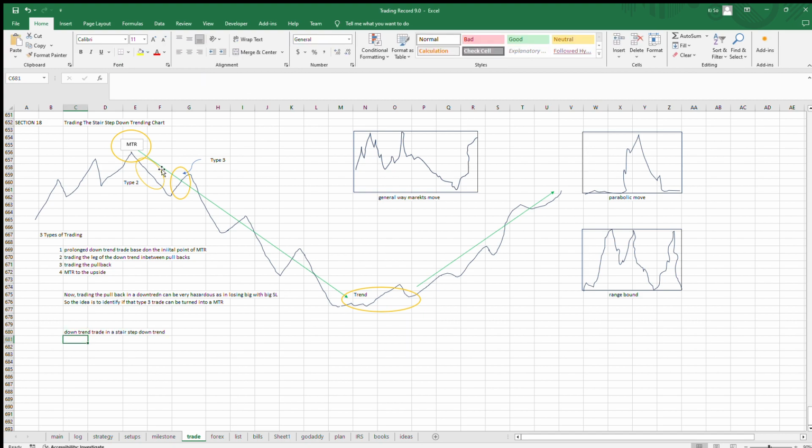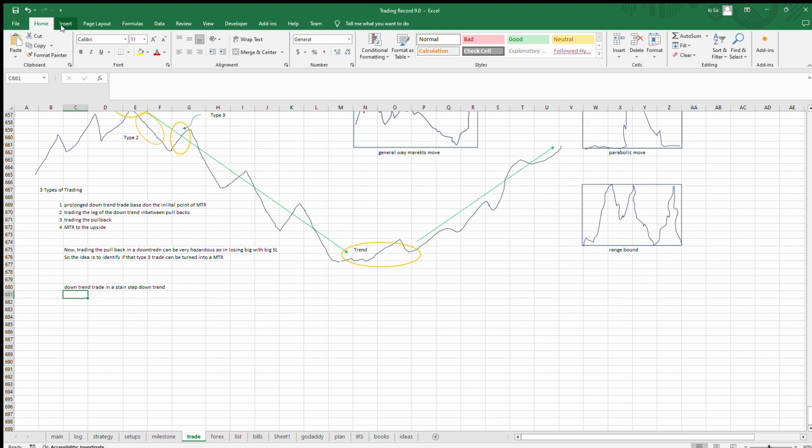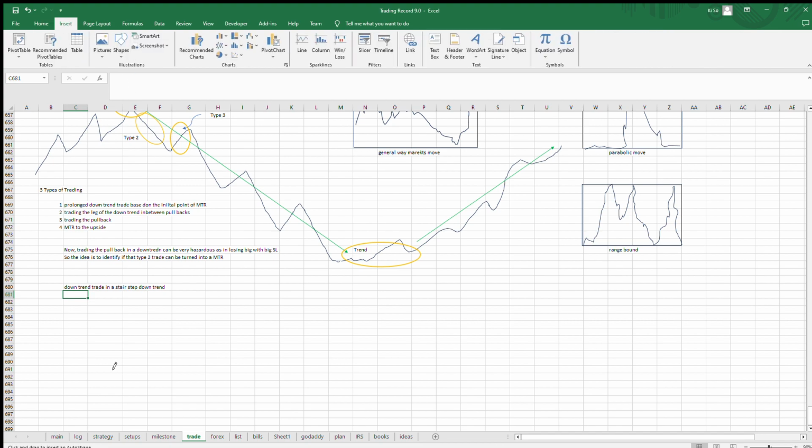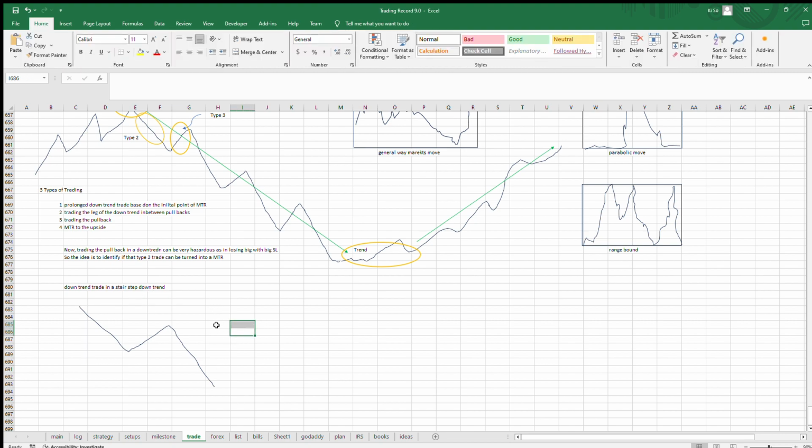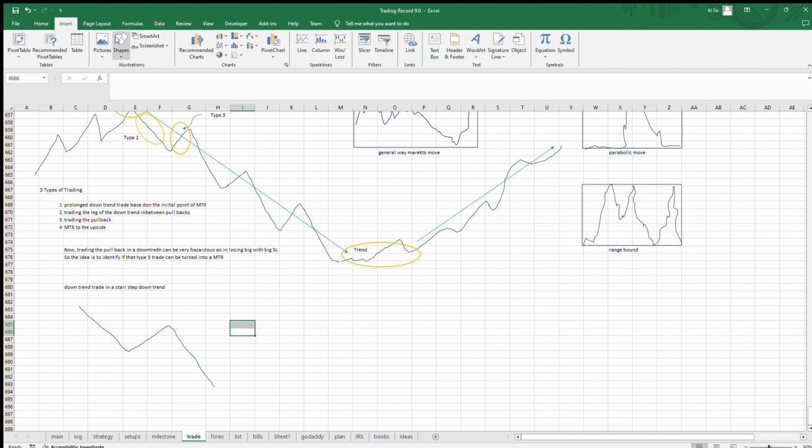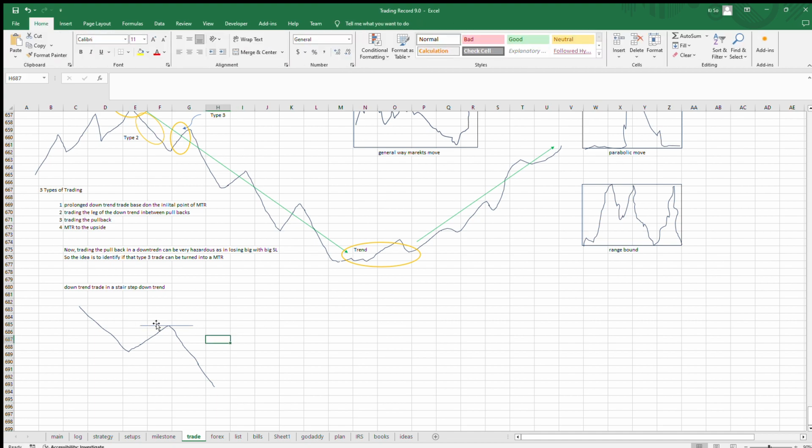Okay, so where would the entry be? I suppose if I'm looking at here, I could enter anywhere here. So if I take a snapshot of what that is, I am interested in this section here. Essentially, right there. Okay. So what I'm looking at are sections right here, which would be qualified as a support and resistance type of trade from here to here. Okay. So that would be a support and resistance type of trade here. And I would look at it